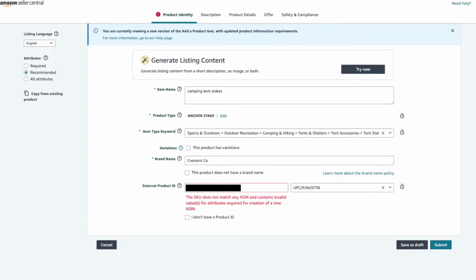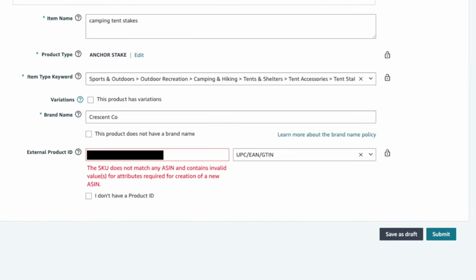And once you've assigned it, that UPC barcode can never be reused again on a different product. And one thing to note, in some cases when you enter your new UPC barcode here, you might run into an error where it doesn't accept the barcode. In this situation, if you just purchased the UPC barcode from the GS1 website, you may need to wait 24 to 72 hours for the GS1 database to update